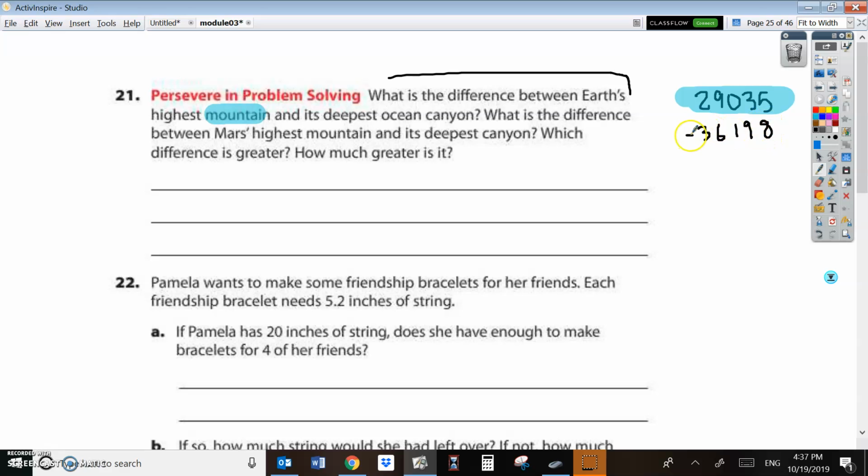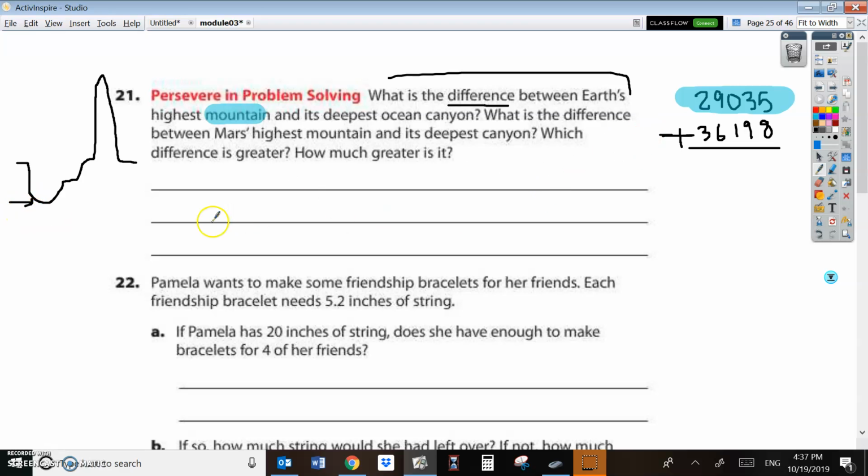Okay, but it's negative, remember? And then they're asking you, what is the difference? The word difference means subtract. So we're subtracting a negative, which means we're adding a positive. So if you think about this as a picture, here's the canyon, and here's the high mountain. So down here